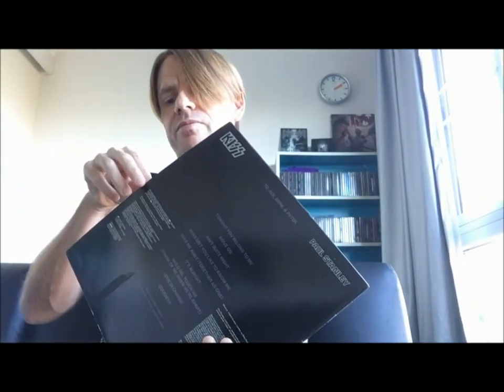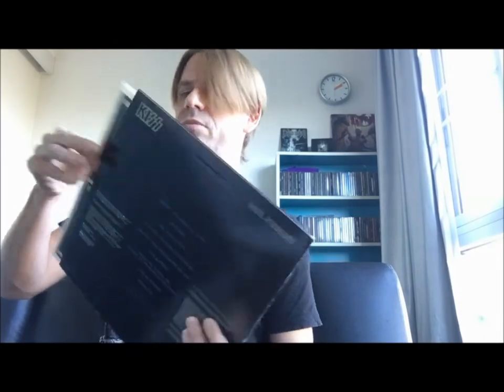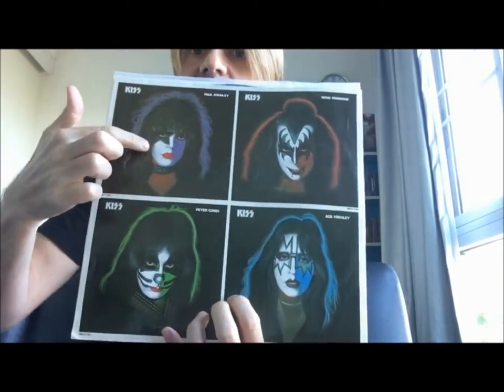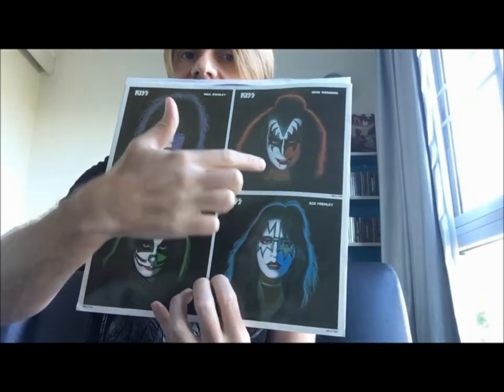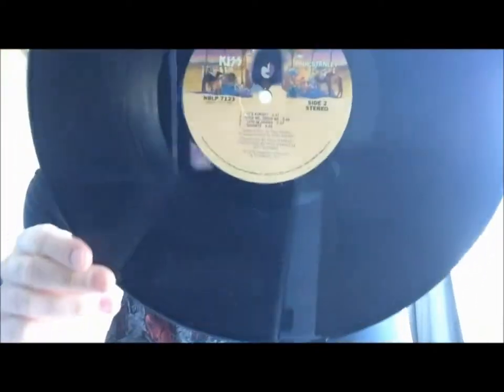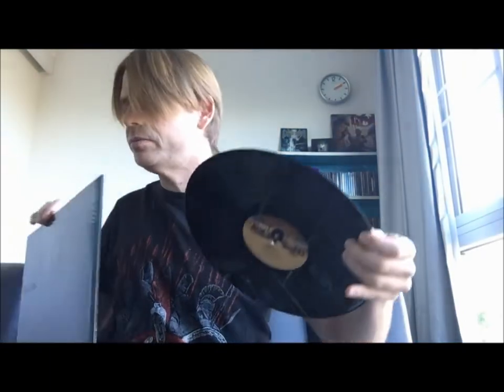Let's have a look at the vinyl. So you've got a portrait of the 4 solo albums there. I have this one, Paul's, Peter's and Ace's. I'm just missing this. Okay. And yeah, Kiss Casablanca logos with Paul's face on it. That's cool. And I'm not sure if this one comes